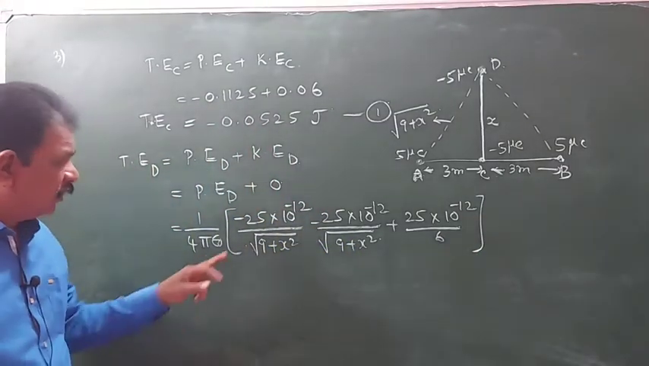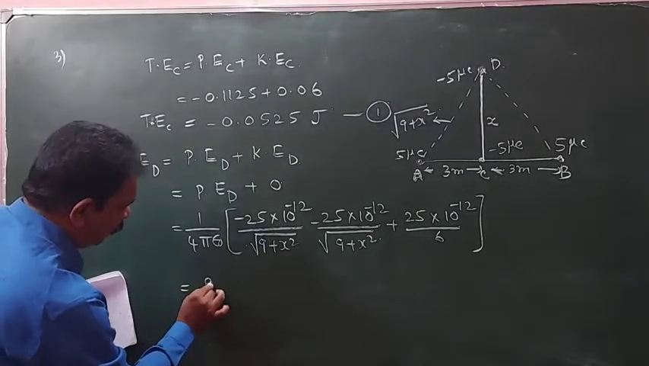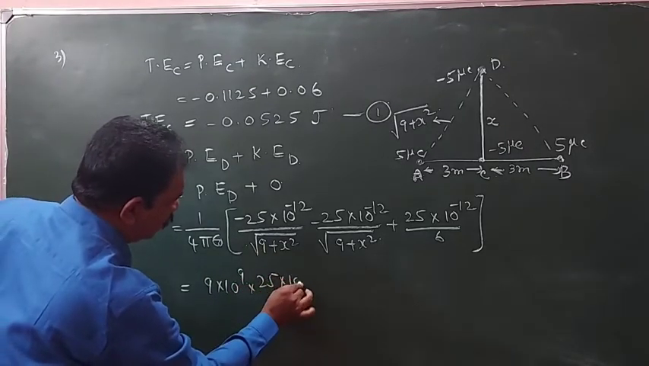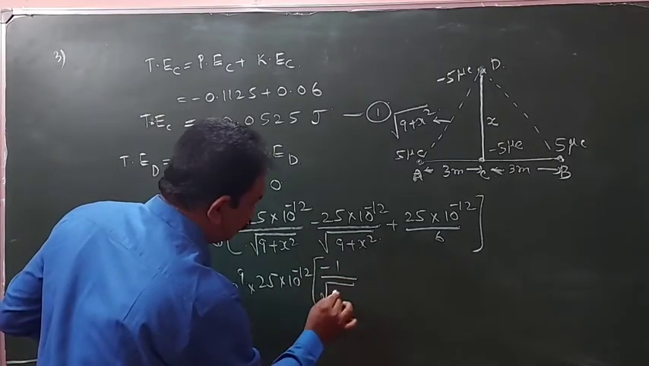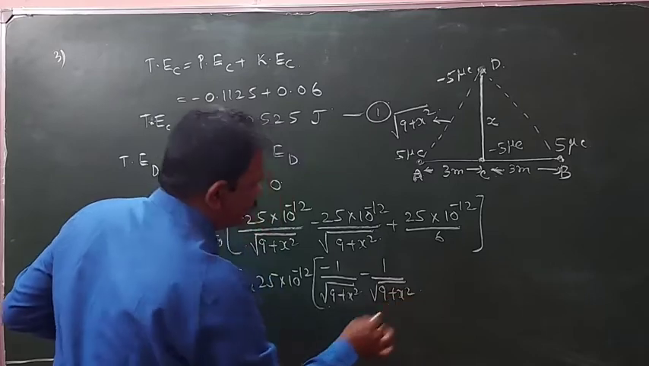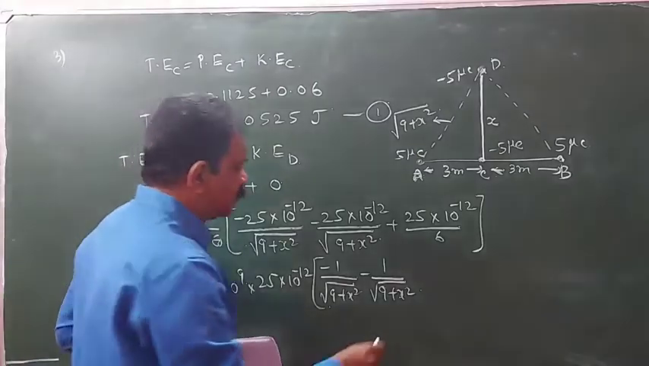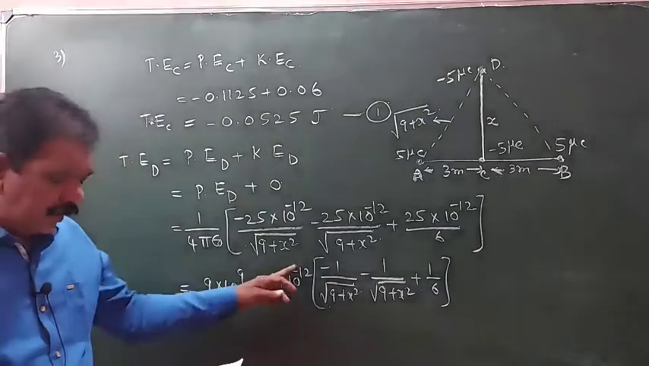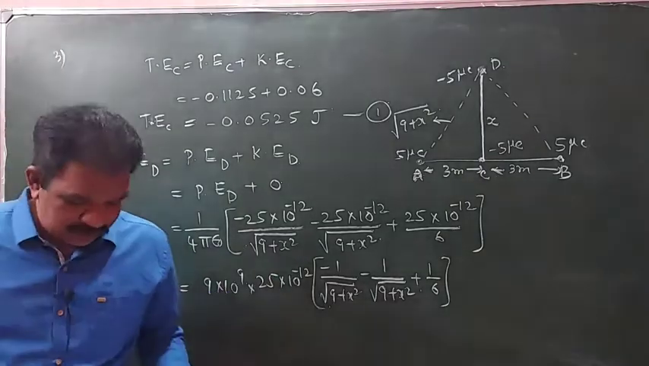Clear understanding? Take 25 into 10 power minus 12 common. So 1 by 4 pi epsilon naught is 9 into 10 power 9, and 25 into 10 power minus 12 we took common: minus 1 by root of 9 plus x square, minus 1 by root of 9 plus x square, plus this value 1 by 6. We have to find this value x, remember. Okay, so if we calculate this value...